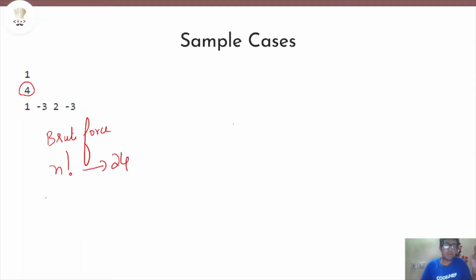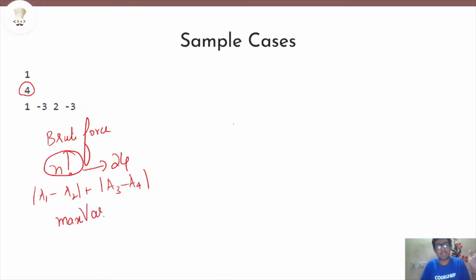For every permutation, we will compute |a1 - a2| + |a3 - a4|, and keep a max variable that tracks the maximum sum across permutations. But this is n factorial and very bad, it will give time limit exceeded and won't pass the constraints.